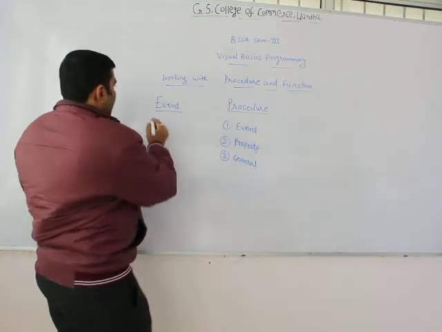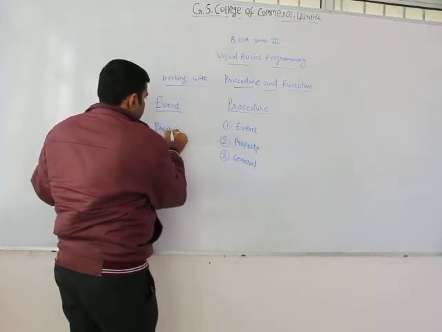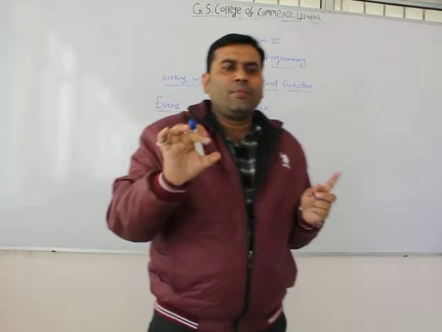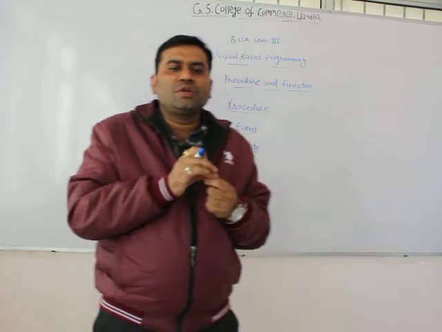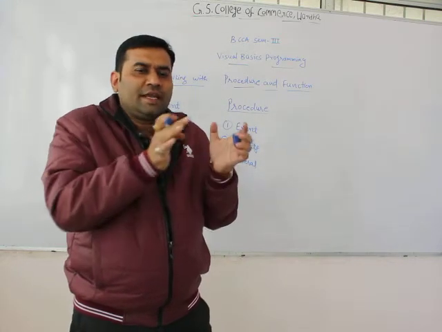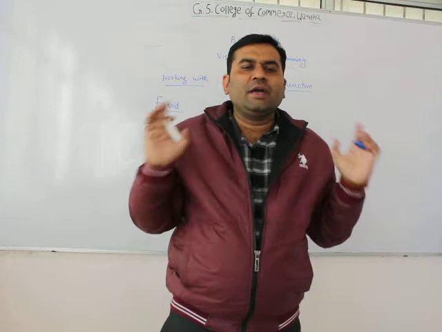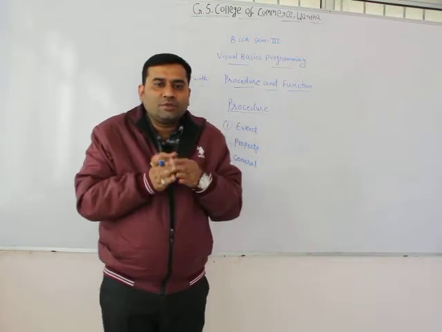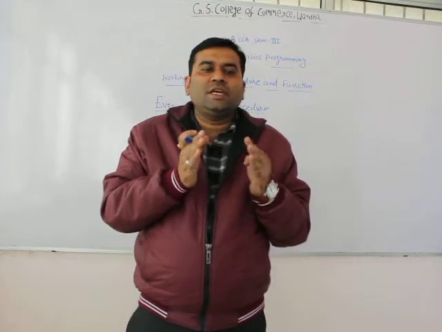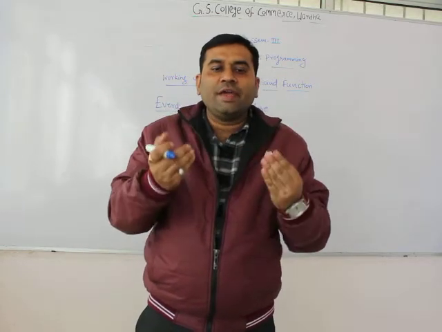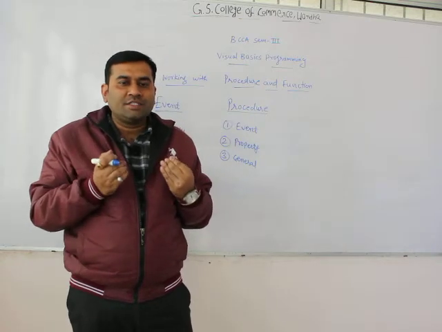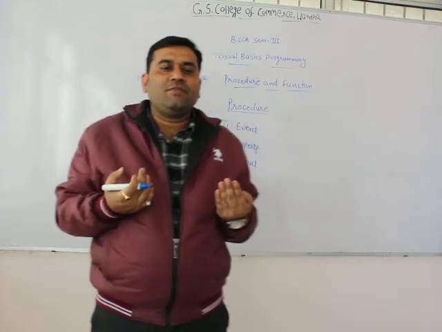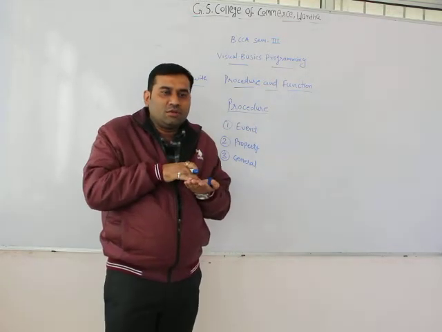Next is property. A property procedure is mainly used to create properties for a class and to set its value from any application that creates an instance of the class. A property procedure is mentioned inside the class module, and whenever the client retrieves or sets the value of a property, it is called. It can also be defined for a form module or standard module.